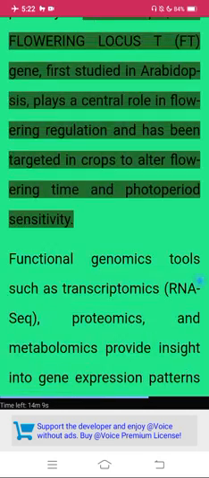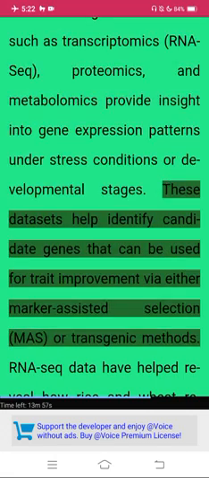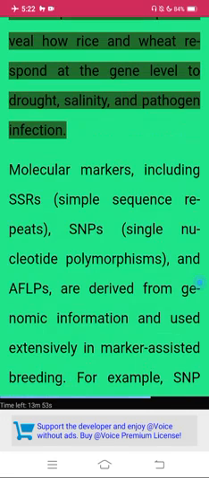pathways. For example, the flowering locus T (FT) gene, first studied in Arabidopsis, plays a central role in flowering regulation and has been targeted in crops to alter flowering time and photoperiod sensitivity. Functional genomics tools such as transcriptomics, RNA-seq, proteomics, and metabolomics provide insight into gene expression patterns under stress conditions or developmental stages. These datasets help identify candidate genes that can be used for trait improvement via either marker-assisted selection (MAS) or transgenic methods. RNA-seq data have helped reveal how rice and wheat respond at the gene level to drought, salinity,